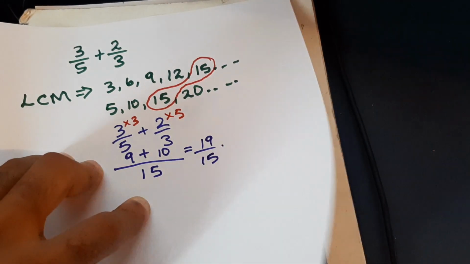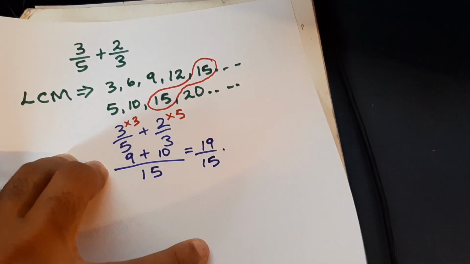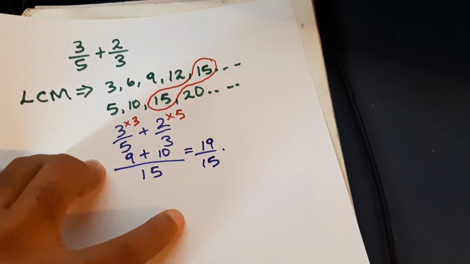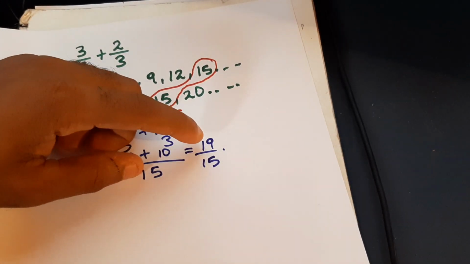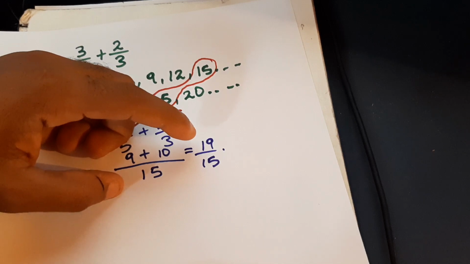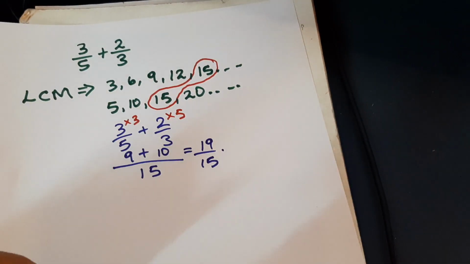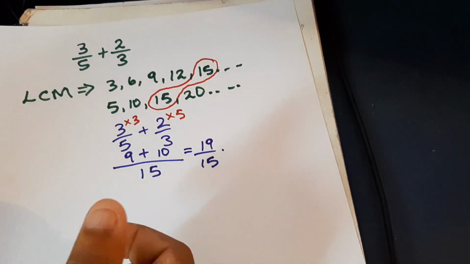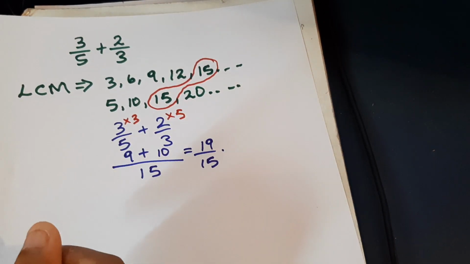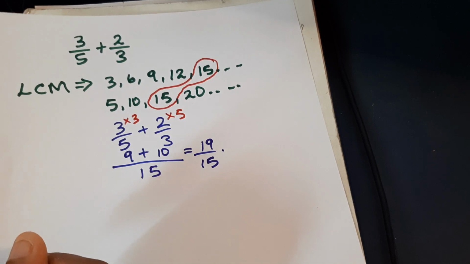So that is the answer. And again, our answer is an improper fraction. An improper fraction is when we have the numerator being bigger than the denominator. So I'm going to skip addition now, and before we look at subtraction, we can try a